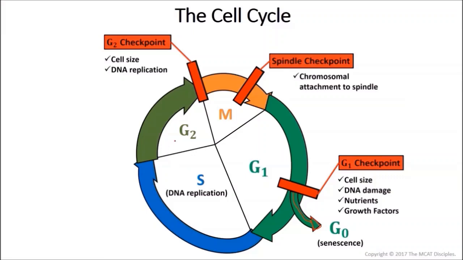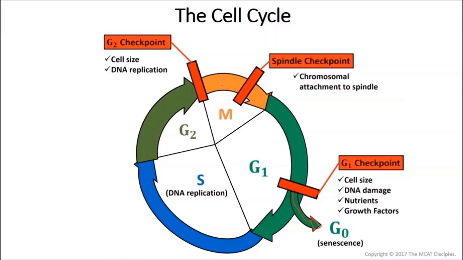That's another short growth phase. In that short growth phase, there's a check for cell size and DNA replication, and make sure it's not stalled, make sure the DNA is completely replicated and not damaged in any way. That's the G2 checkpoint. If you can get past that, you can go through mitosis, which remember is prophase, prometaphase,